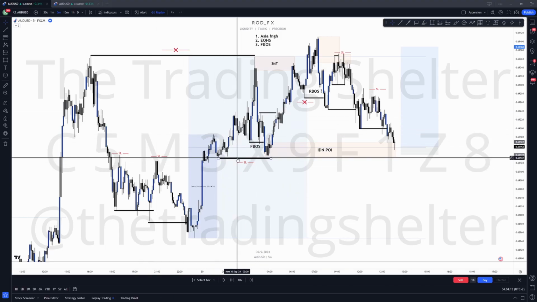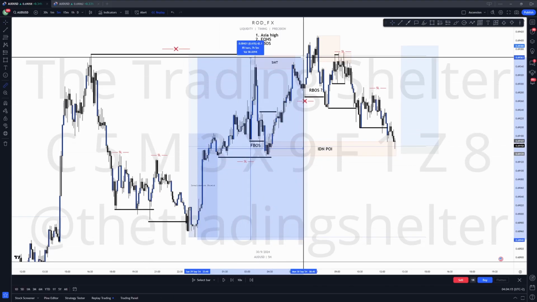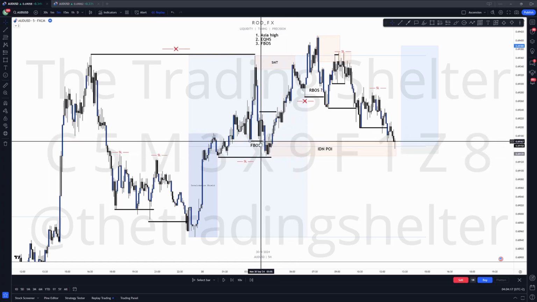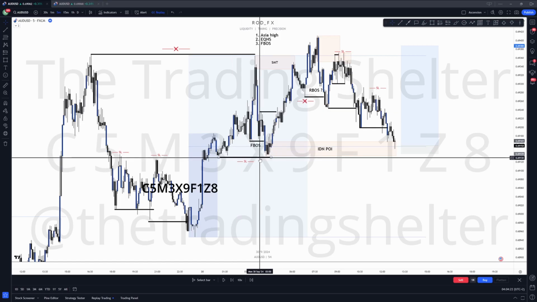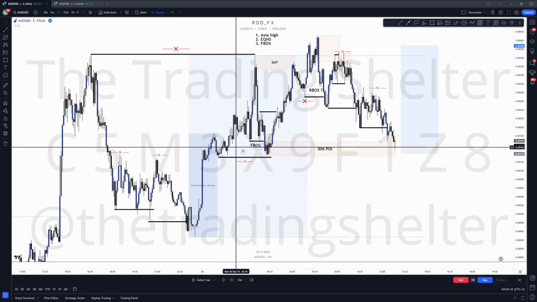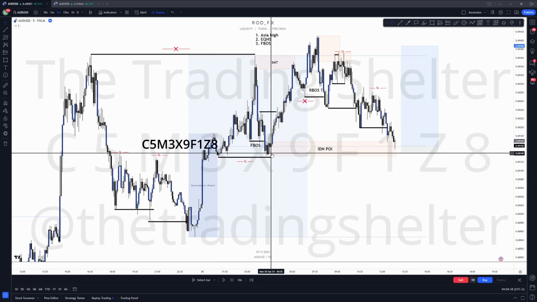So as you can see, AUDUSD has a lot of volume in it. This is why liquidity can be built in Asia. So this again is something you need to understand. AUDUSD, your GBPJPY, GBP, all these pairs, USDJPY also, I don't trade this pair, but all these pairs provide volume in Asia. As you can see, we created that FBOS.